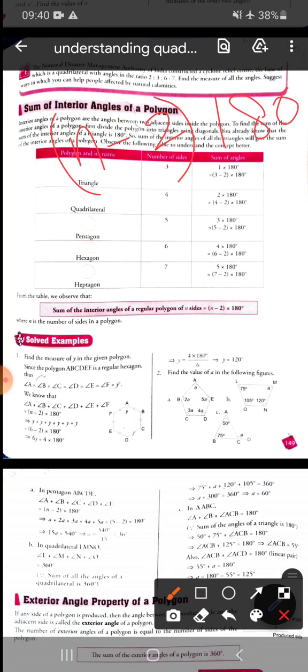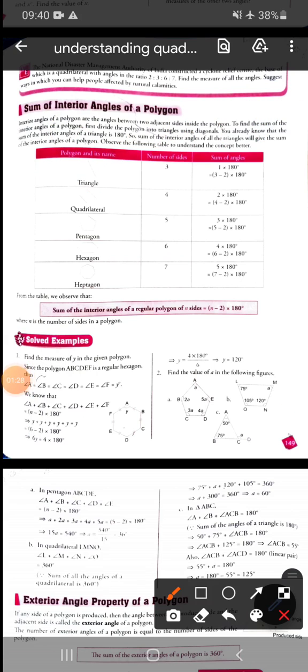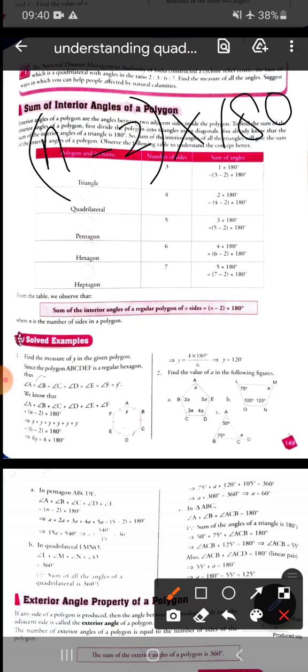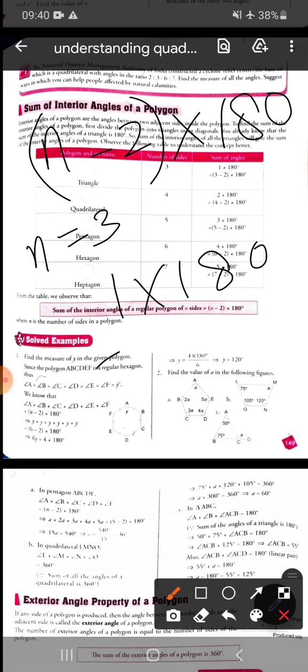Now to check this, put n equals 3 for a triangle. So 3 minus 2 is 1, into 180 degrees, which is exactly equal to the sum of interior